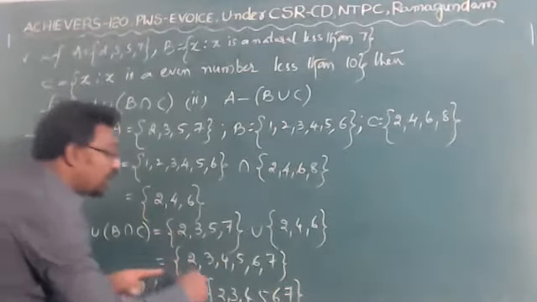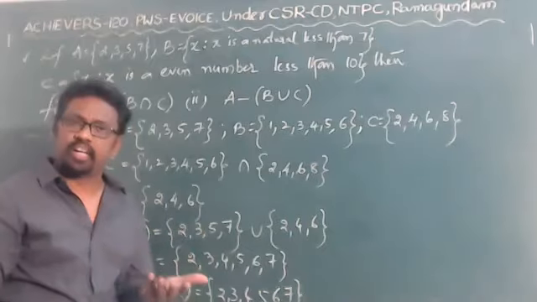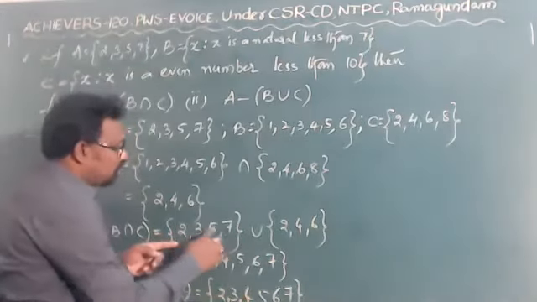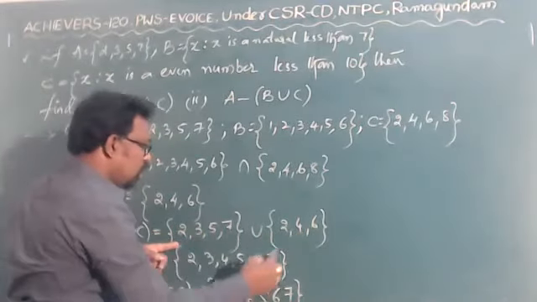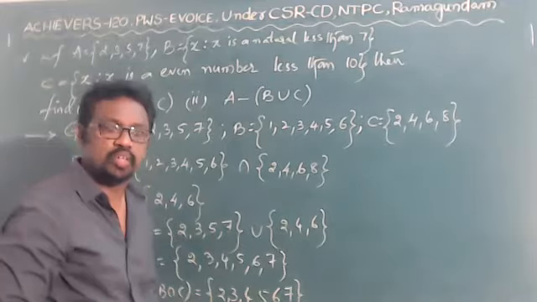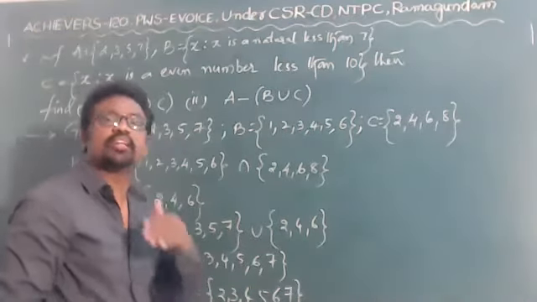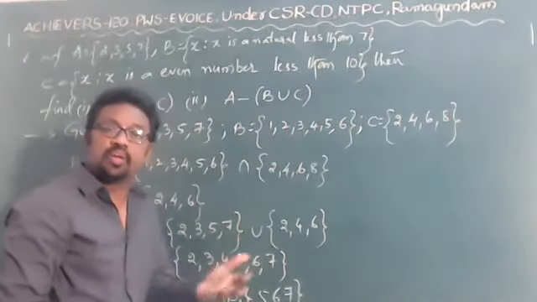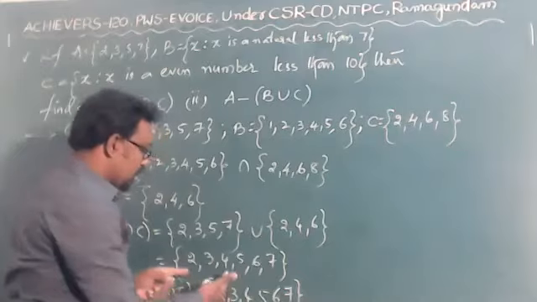So write down in order. If you write in order, that is better. You can write even in disorder also, 2, 3, 5, 7, 4, 6, no issues. But if you write in order, that is good for you, and you can easily recognize, very clear. So that's what I have written.